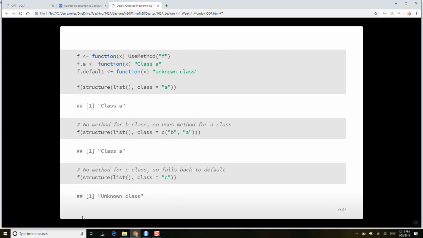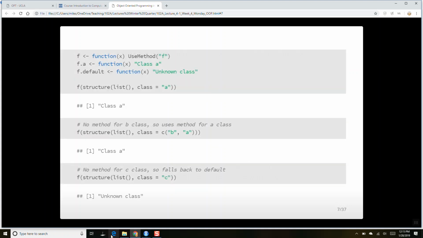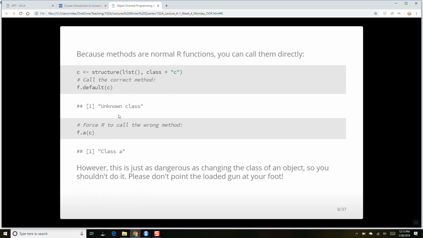Is that okay? How this works? Because they're just regular old functions, you can call them as if they were regular functions. So here I've got C, an empty list with class C, and the default is the correct method to run, which will return unknown class.